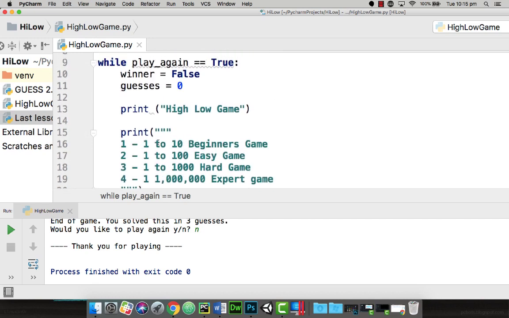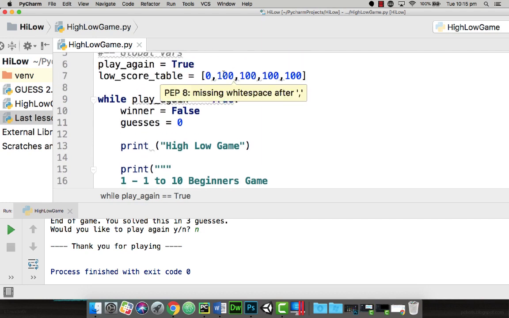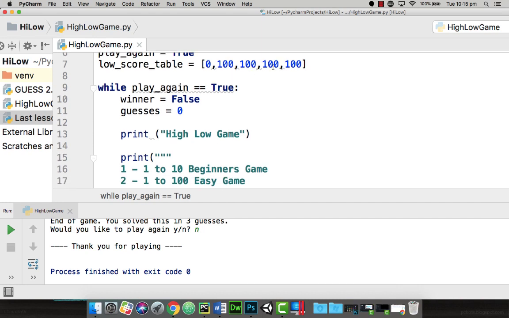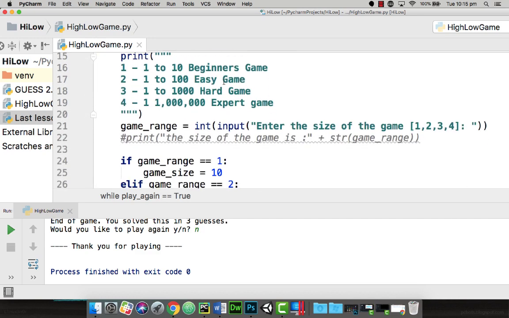So if they select 1 for beginners, I want to see this first one here. So the first position of the array, remember that's 0, that's position 1. So that's going to be my beginners one, and then the next one's going to be easy, hard, and then expert. So I want to see that position there. So to do that